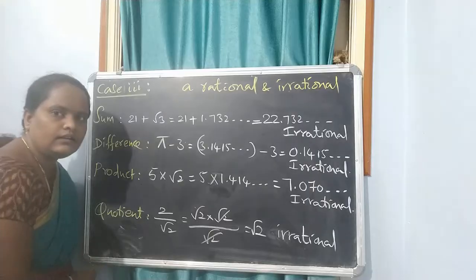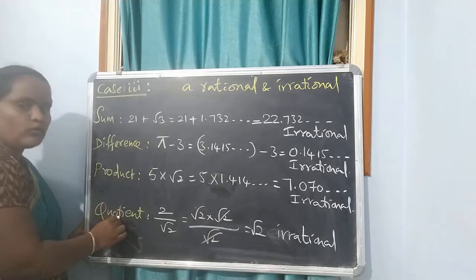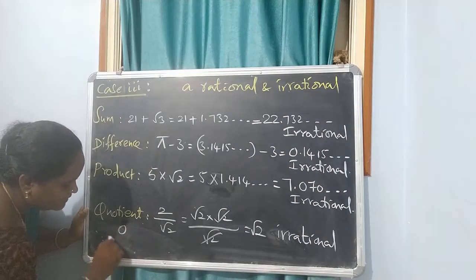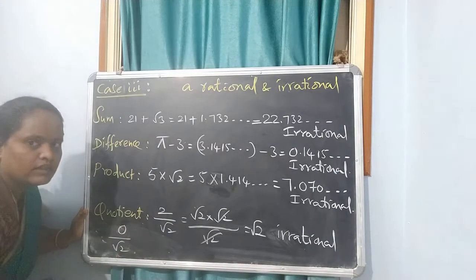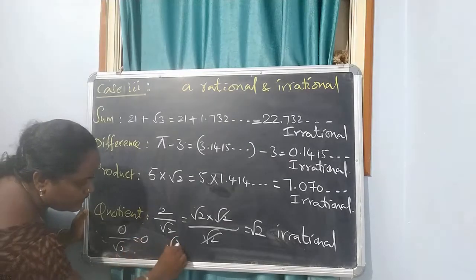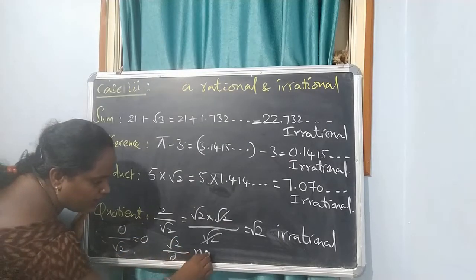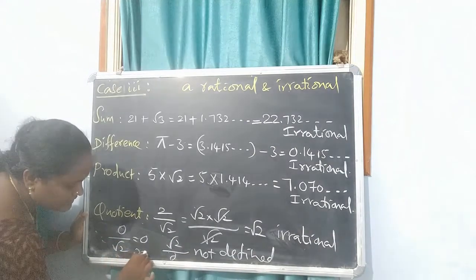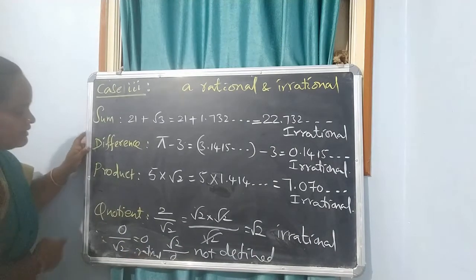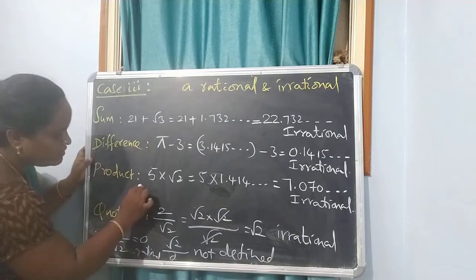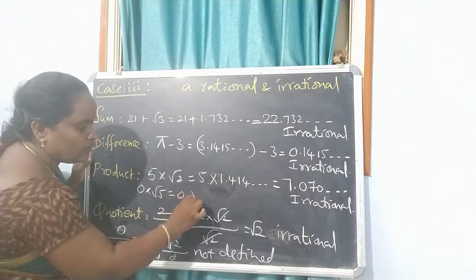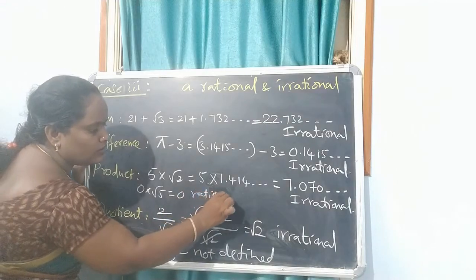Irrational. Children, let us move back to product and quotient. So let me take one more example. That is, even if we take 0 by root 2, that is 0. So here root 2 by 0 is not defined and 0 by root 2 is 0, which is rational. Not only that, here if we go to the product, here also if we take 0 into an irrational number root 5, that is 0. Again, that is also rational.